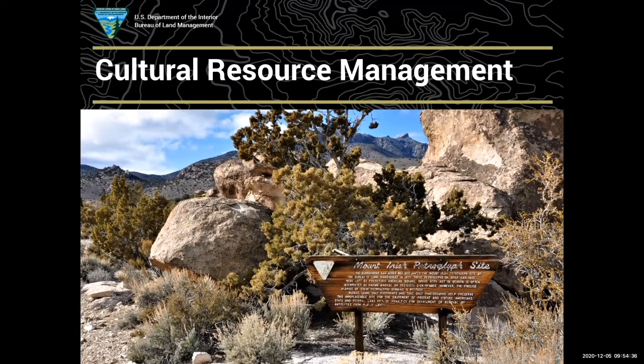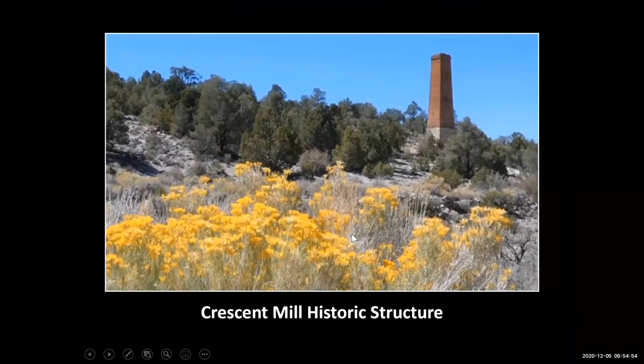So within Lincoln County, as far as our cultural resources go, we've got some pretty wonderful historic structures. This is the Crescent Mill. The closest town is Rachel, Nevada, and that's probably about 40 miles away. This is out in the middle of nowhere. It's a chimney that was built in the 1880s for smelting the ore, and there was a big stamp mill